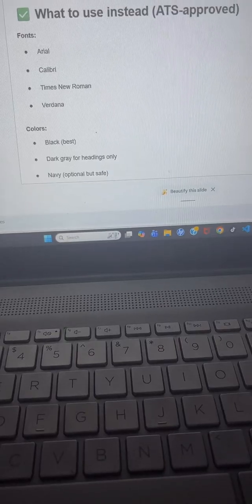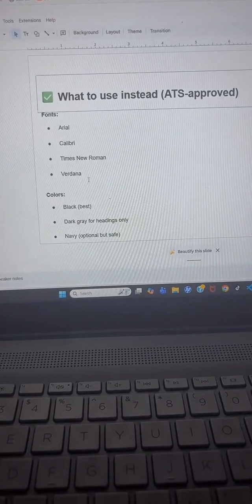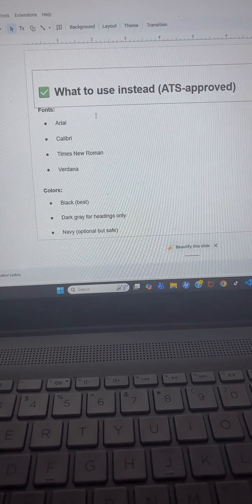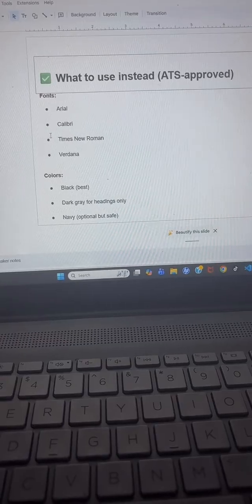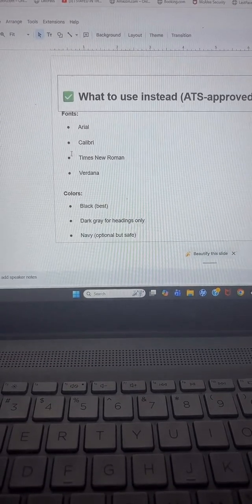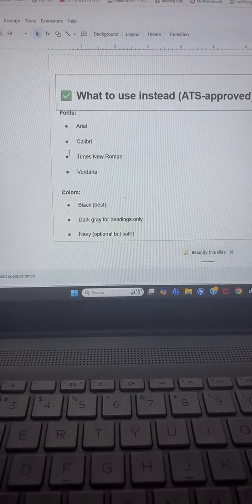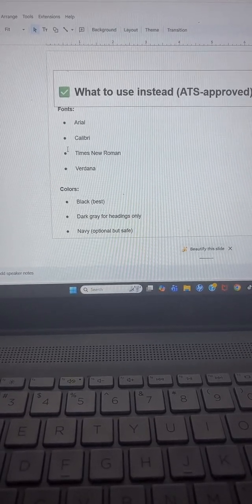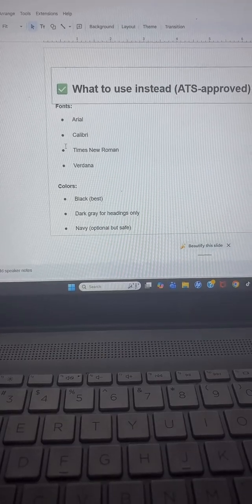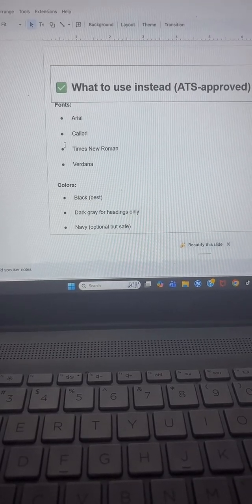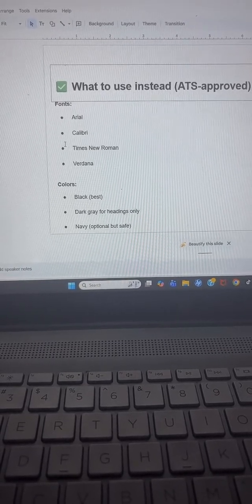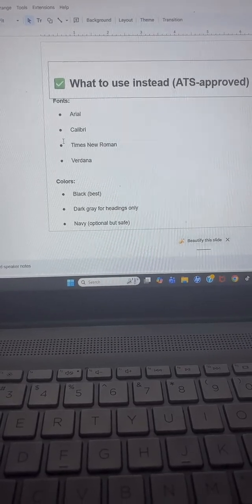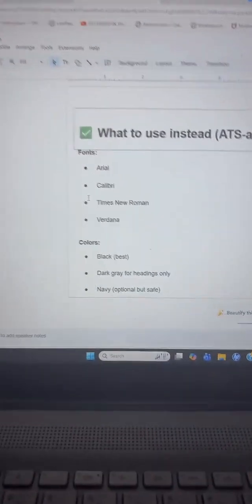Alright, so these are the fonts that you can use. These are the common fonts that you can use: Times New Roman, Calibri, Verdana, and those fonts.